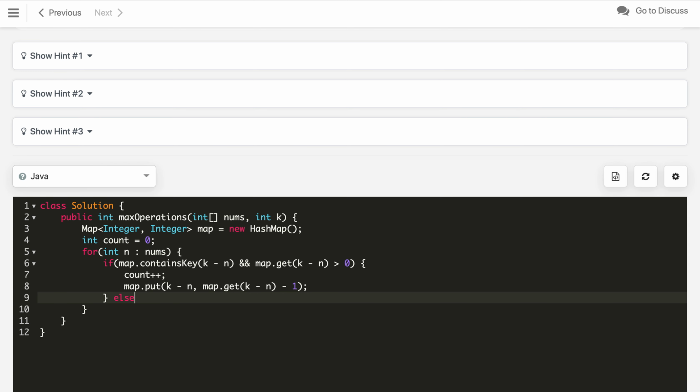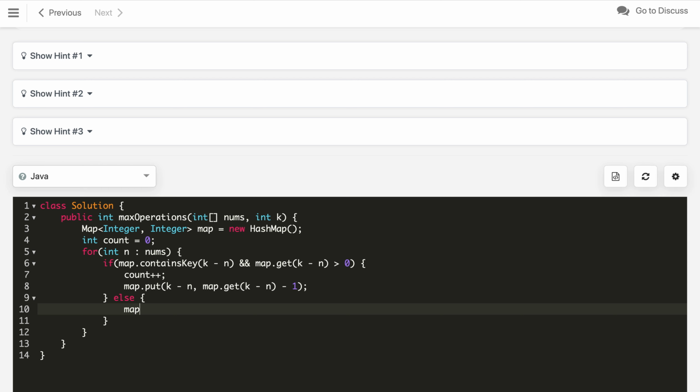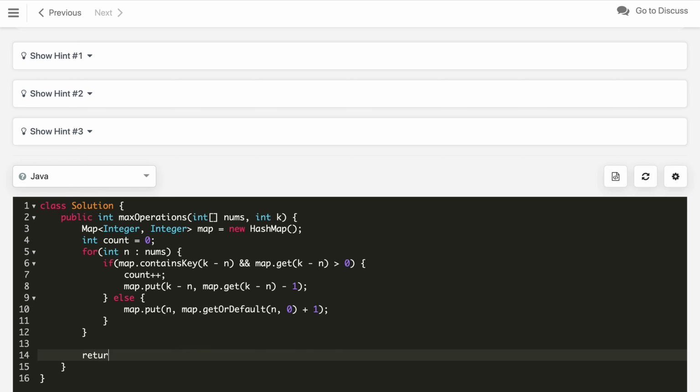If we don't find the complement, then we just register our number: map dot put the current number n with the frequency map dot get n, or the default value 0 if it does not exist, and add the value 1, that is, increment the frequency. Once we iterate over the whole array, we return our count.